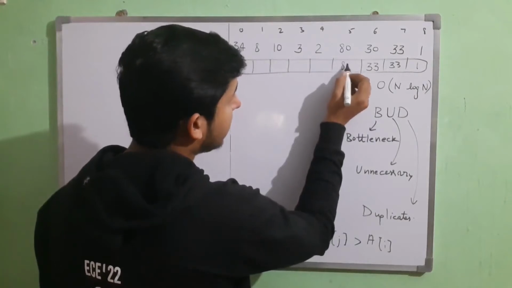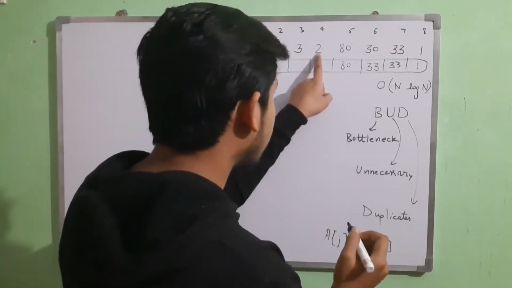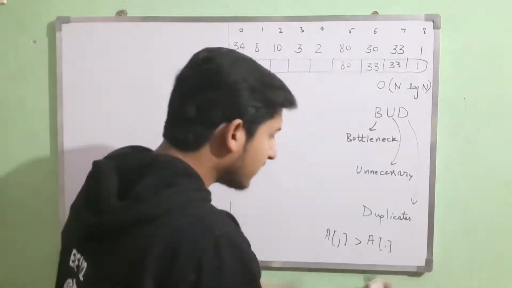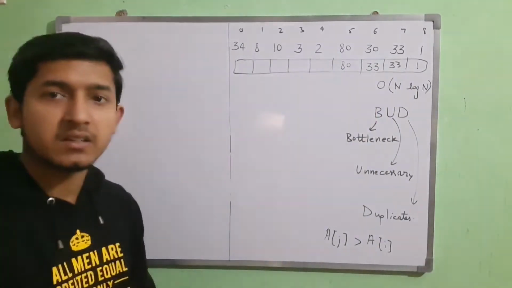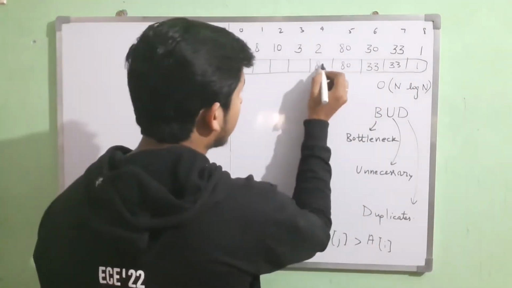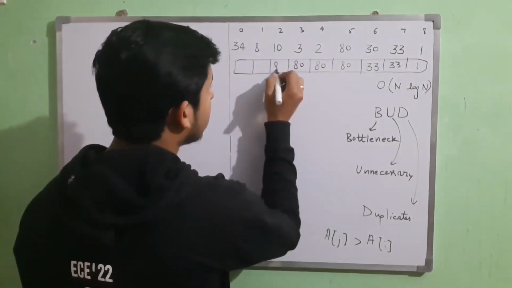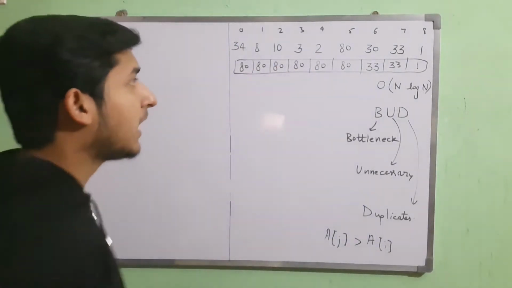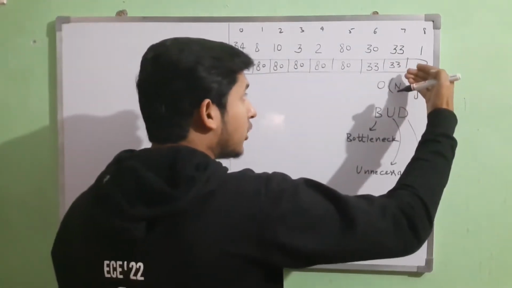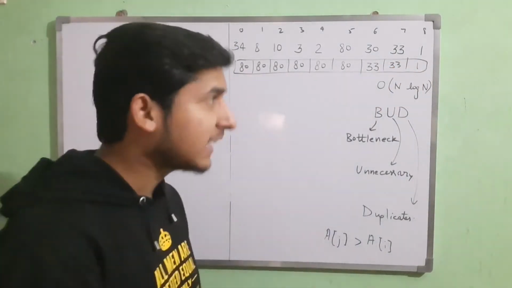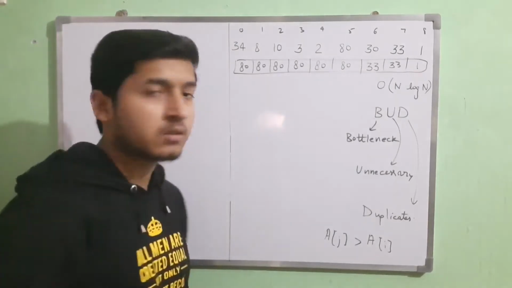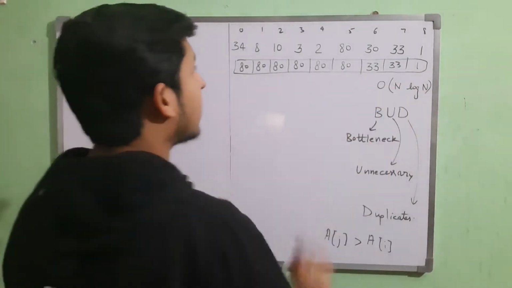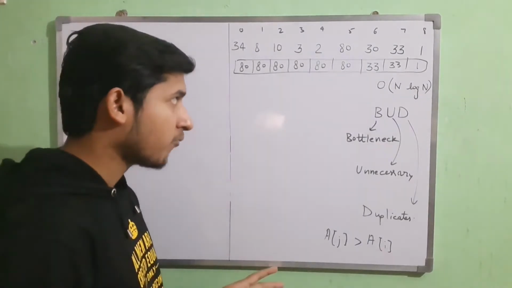So 80 will be here. But if I am coming here, this means that I am reducing the value of j and reducing the value of aj as well. So it should also store 80, 80, 80, 80 and 80, because I want elements to at least not decrease if I am moving to the left for j. Now this way we will create an auxiliary array, okay?